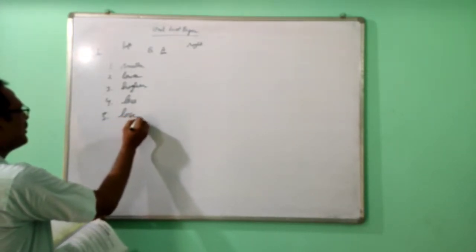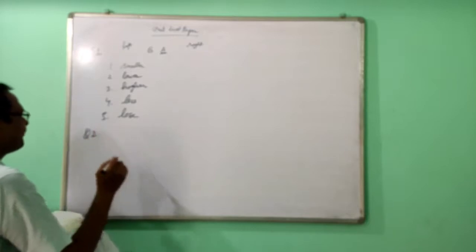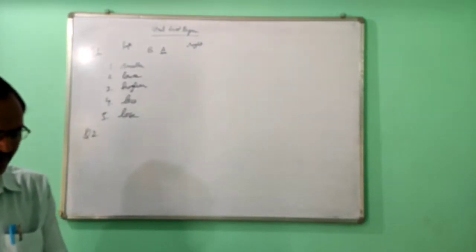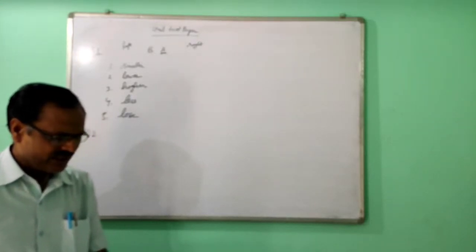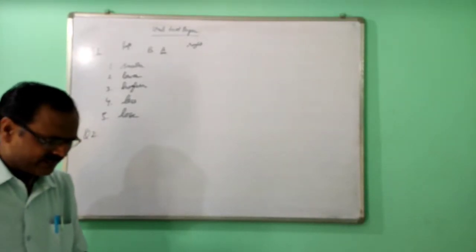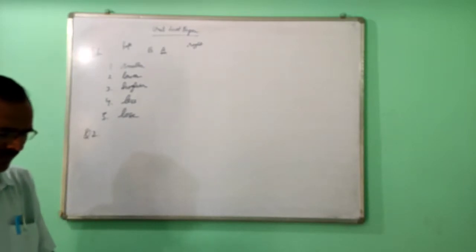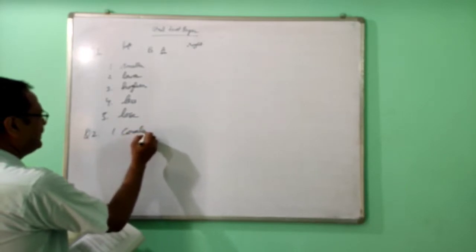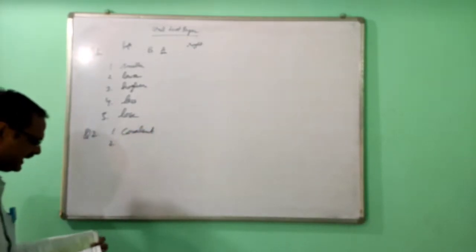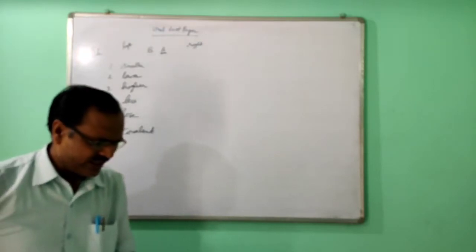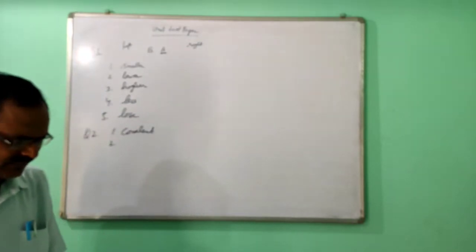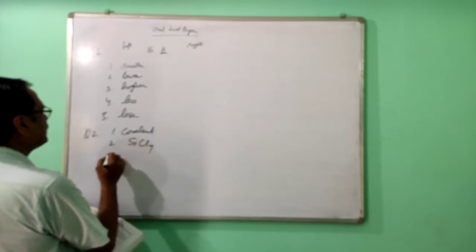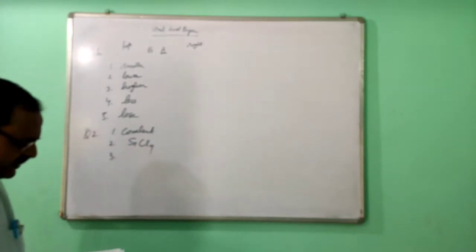So this is question number 1, already completed. Now with reference to period 3 of the periodic table, state the type of bonding of the element with electronic configuration 2,8,7. So this is a non-metal. So covalent bonding will be there. Now the second one, the formula of the chloride of the element whose electronic configuration is 2,8,4. So this is silicon. Valency is 4. So the formula is SiCl4.